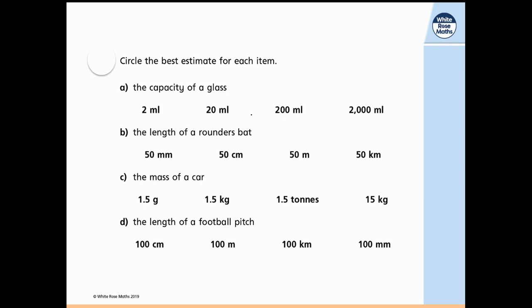The length of a rounder's bat. We do lots of rounders in the summer in year 6. We've got 50 millimetres, 50 centimetres, 50 metres, or 50 kilometres. Now, 50 metres, if you think about your swimming badge, it's pretty long. Imagine a rounder's bat that long. You wouldn't be able to swing it. So it can't be metres, or kilometres. It must be millimetres or centimetres. Now,